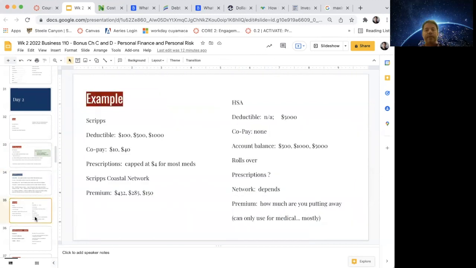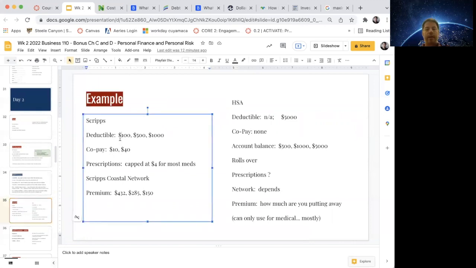So let's look at a couple of examples, and these are totally made up numbers. You should actually go to your insurance and ask, but this is just so we can talk about it. Let's say you have 3 different options for insurance you could buy. You can have a deductible of $1,000, which means, I'm pretty healthy. I'm not going to go to the doctor very often. If I'm in a bad accident, I can cover up to $1,000 because I got a good savings account. If it gets over $1,000, I need help, so insurance pays for that.